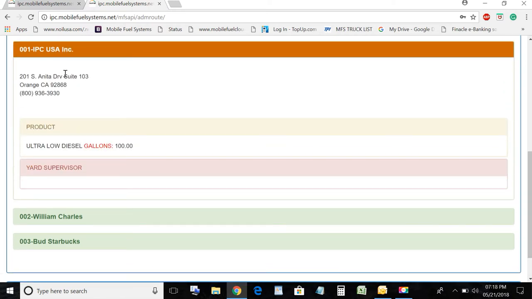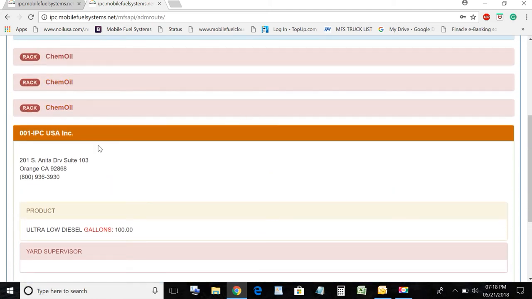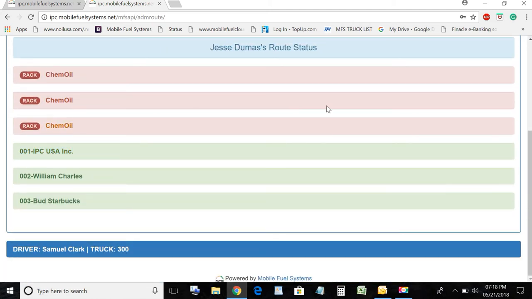He sees the customer that you're sending him to, the product that you asked him to deliver, okay, and as we go on, you'll see more, but this is the basic layout for you, the dispatcher, to see, okay, this is what I've routed. This Jesse,